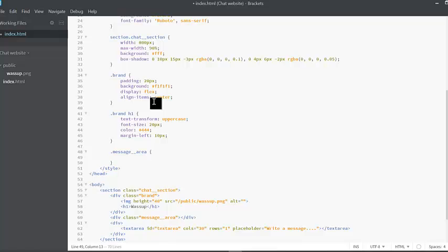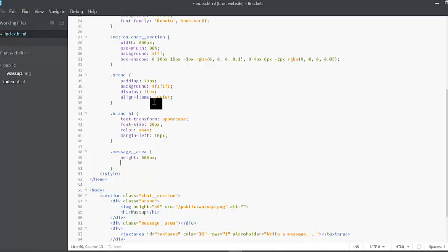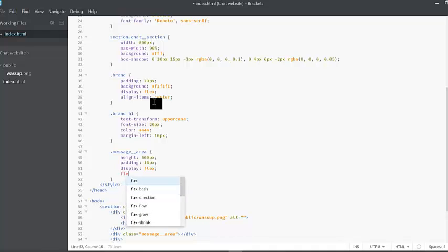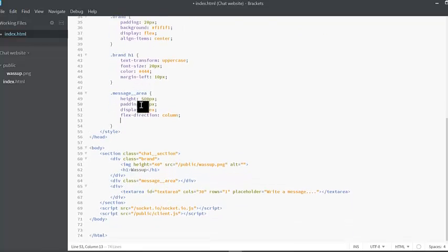Now we say height, I keep it 500 pixels. Then padding is 16 pixels. It's capital, sorry, pixels. Then display, I'll keep it flex. Then I'll give the flex-direction to column. Then the overflow-y,